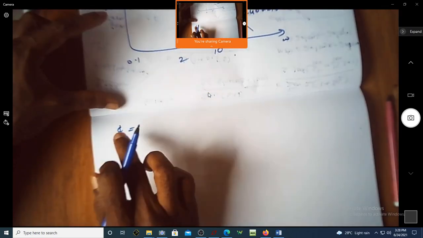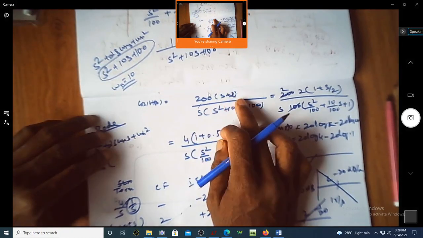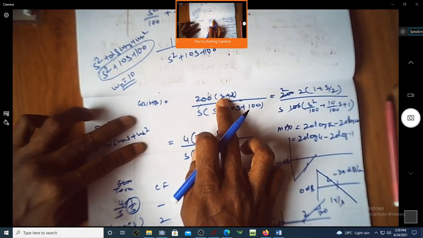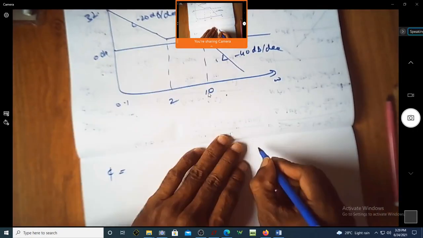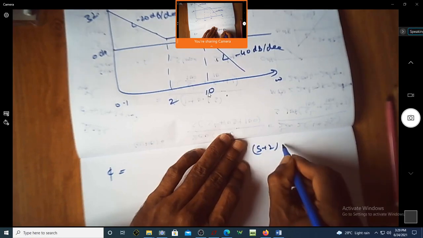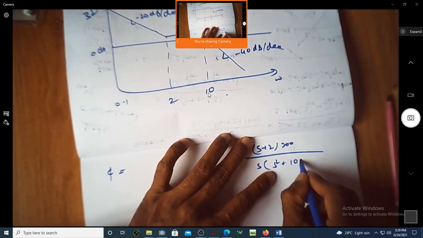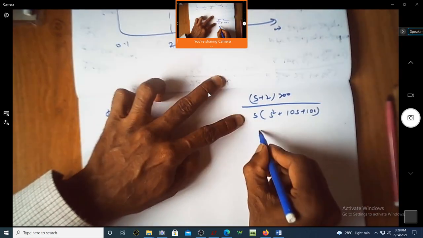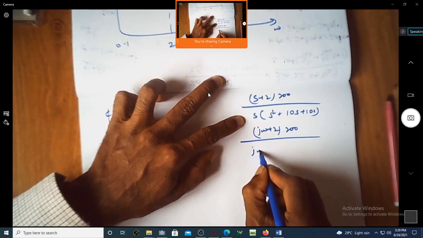For the phase equation, it is not necessary that you should have it in time constant form or pole zero form. Both will be the same. Am I correct? Yes, sir. Because whether you have it as s plus 2 or 1 plus s by 2, it is the same thing. Now we shall take it as s plus 2, of course, 200 divided by s into s square plus 10s plus 100. Correct? Let us replace s by j omega. Will it be j omega plus 2 into 200 divided by j omega